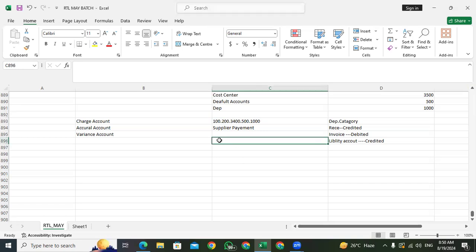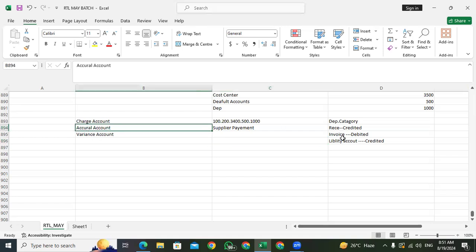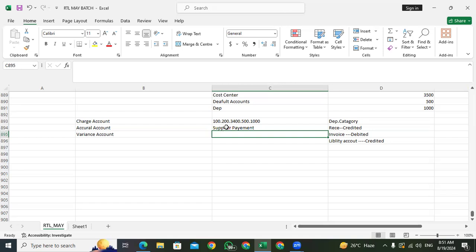So in purchasing, if something is debited, something else is credited. If something is credited from our side, something is debited. Like for that accounts. This is supplier payments related. See, for example,